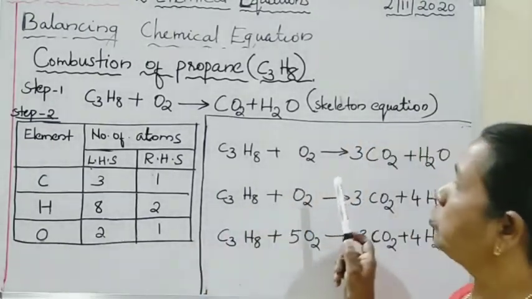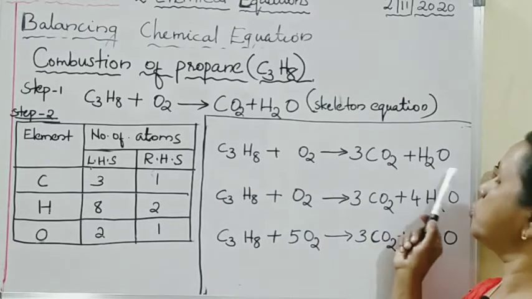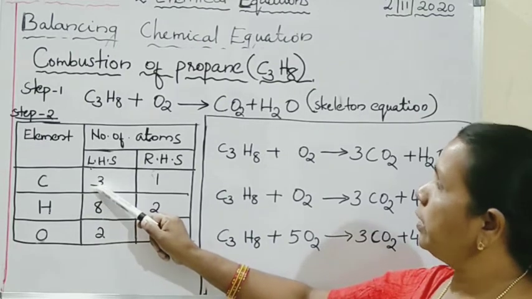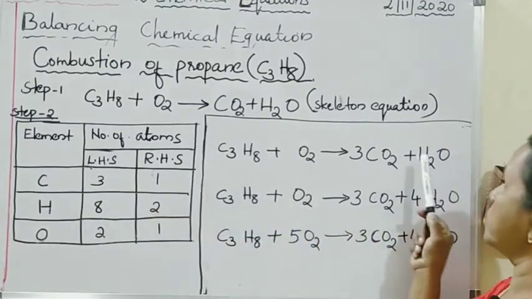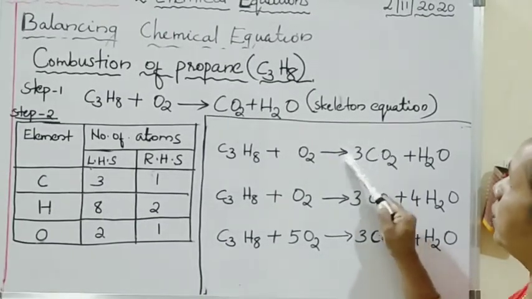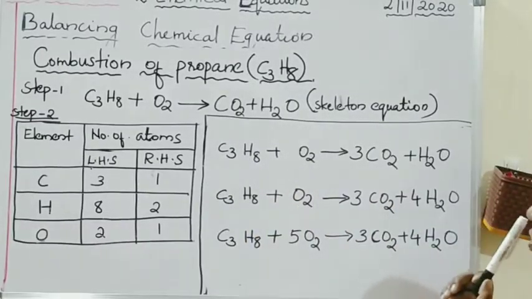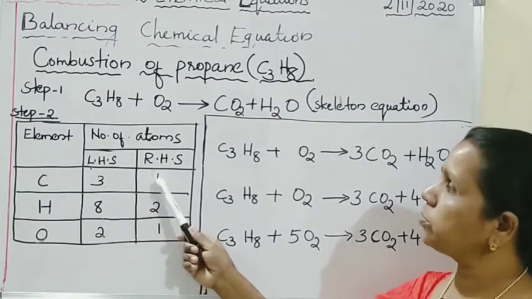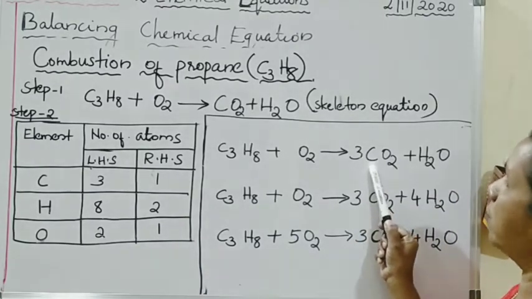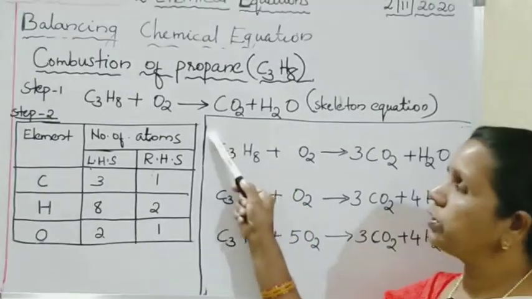Now we have to compare how to balance the equation. First we wrote C3H8 plus O2 gives rise to CO2 plus H2O. Here on the RHS there is only 1 carbon, but on the LHS it is 3. Therefore, we multiply by 3 on the RHS. In the coefficient we are writing 3. Now we got 3 carbons here and 3 carbons here. Now carbon is balanced. Understood? LHS 3, RHS only 1, therefore keep the coefficient of carbon as 3. Now there are 3 carbon atoms in the RHS and 3 carbon atoms in the LHS.